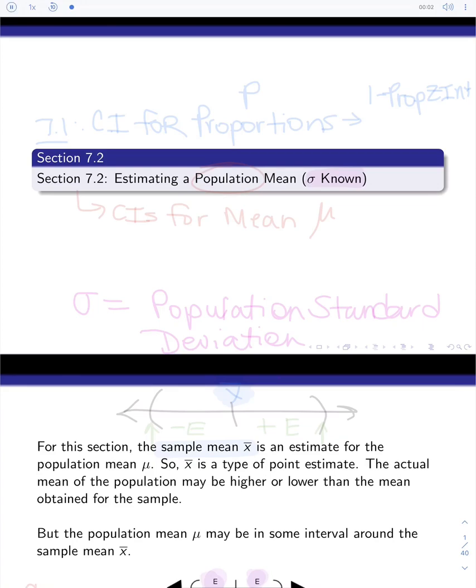In section 7.2, we're going to do the same thing we did in section 7.1. We're going to create confidence intervals, except this time, instead of creating a confidence interval for a proportion, which is what we did in 7.1, and that's why we did a 1 prop z interval. What we're going to be doing here in section 7.2 is we're going to make a confidence interval